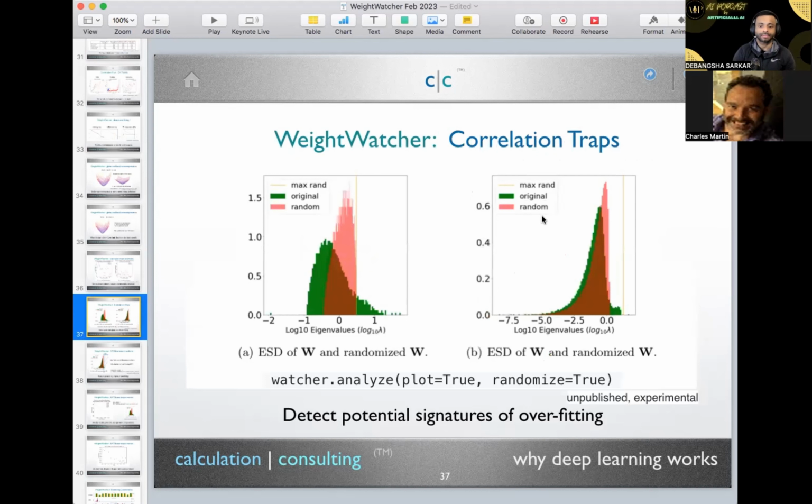Other examples of what I call correlation traps are anomalies we see, which we think may be signatures of overfitting. Again, we're not sure, we're still trying to work it out, but we think this is predicted by theory: as you train a model, you expect the layers to be heavy-tailed, but if you randomize the weight matrix, it should look like a random matrix. Every once in a while you see a rank 1 perturbation. When you see these rank 1 perturbations in W, it's as if it somehow screws up the correlation structure of the weight matrix and causes the correlations to concentrate around the rank 1 perturbation.